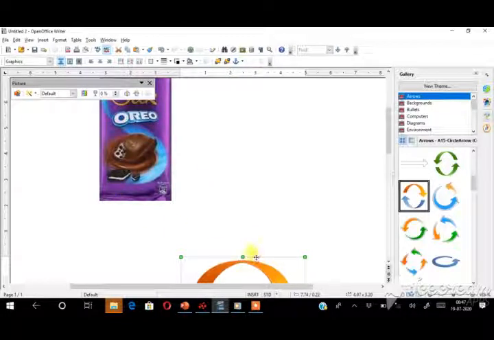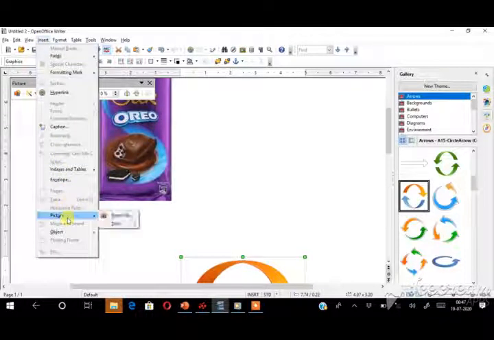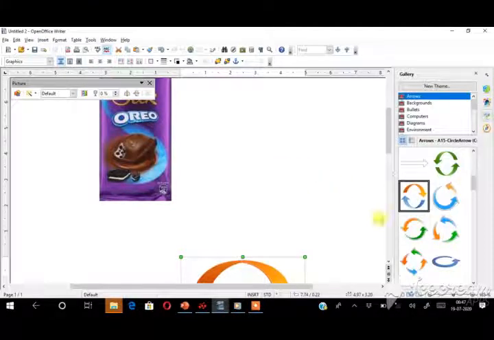See, this is the second way you can insert the picture. First way, how can you insert the picture? Using the insert menu, choose the picture option and click the from file option. And then another way, you can apply the theme in your picture. This is also one kind of picture. So using this gallery option, you can insert the picture.